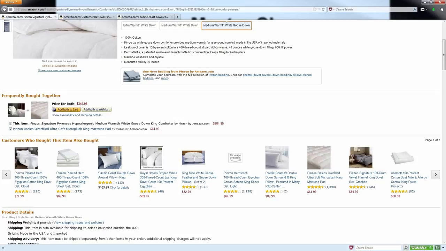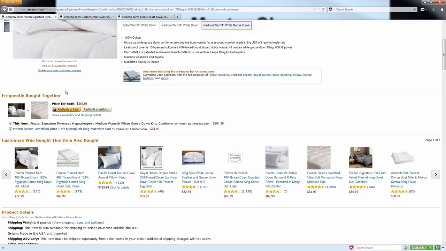For example, you have a comforter being purchased commonly with a mattress pad. It simply makes sense. You have other people buying duvet sets and sheet sets and pillows along with their down comforter. Obviously, this simply makes sense. So why would you not want to try to target some of these products on your own site alongside the main product? You could do it as accessories, promoting them on the same page as your main product, or